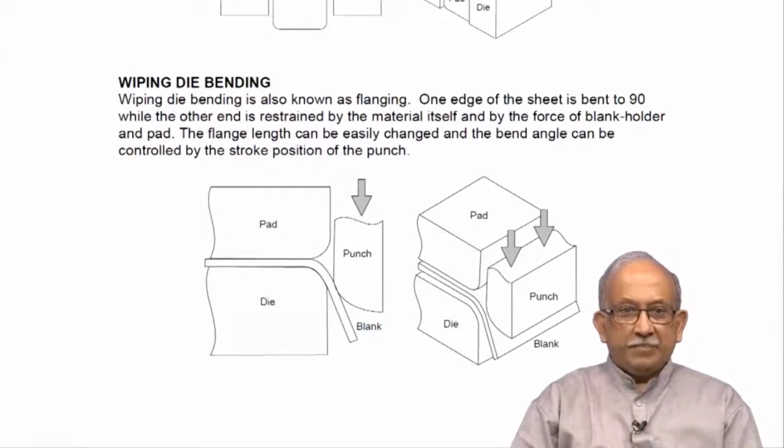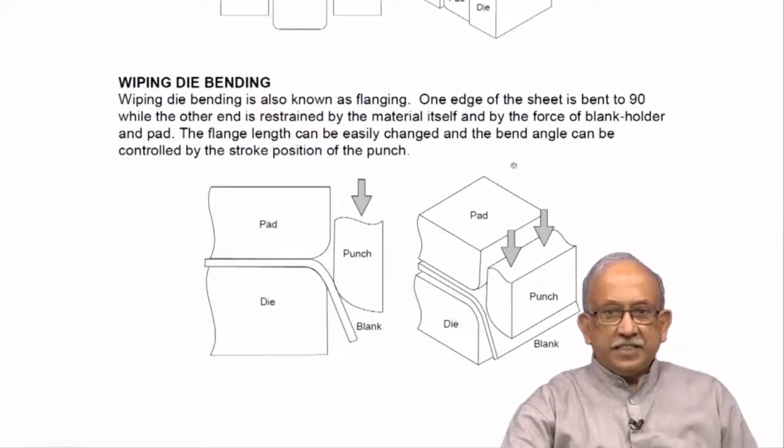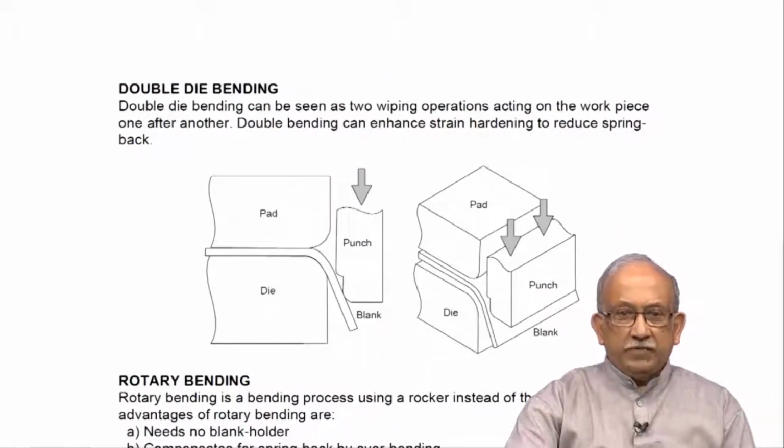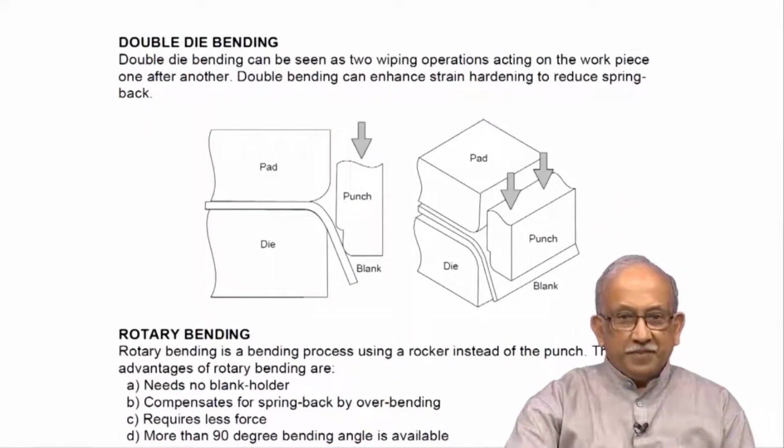The blank holder and pad are there, flange length can be changed, and the bend angle can be controlled by the stroke position of the punch. There is a little specialty items, but then maybe it is just worth knowing. If you go down, we have stuff where you have seen this, no? Various types of